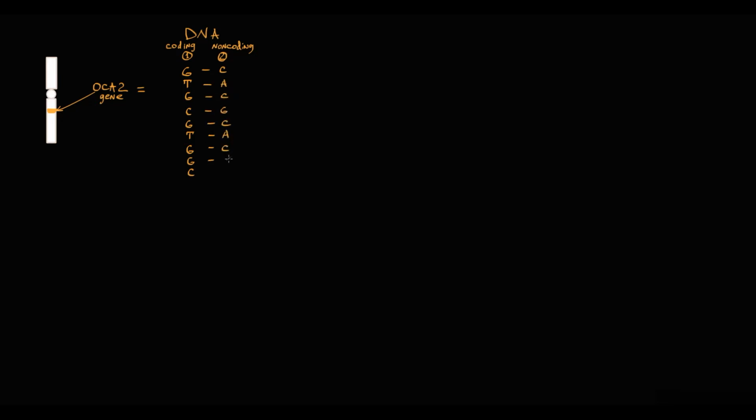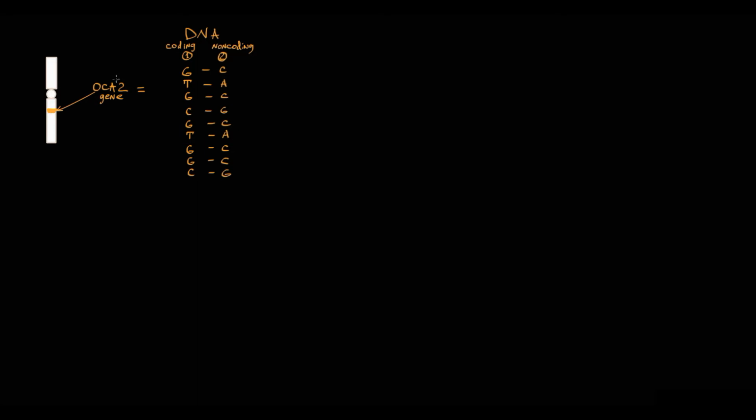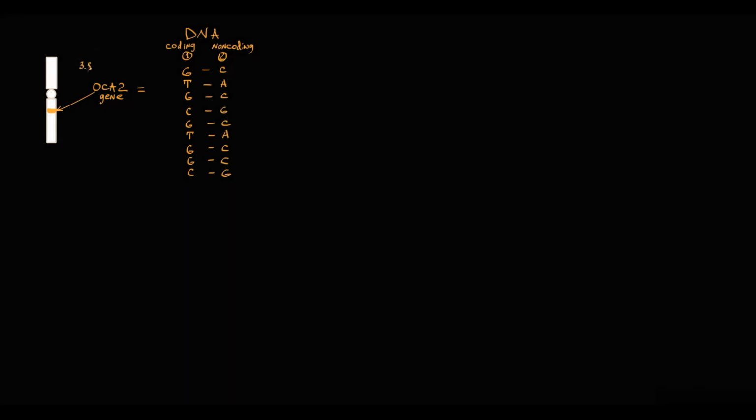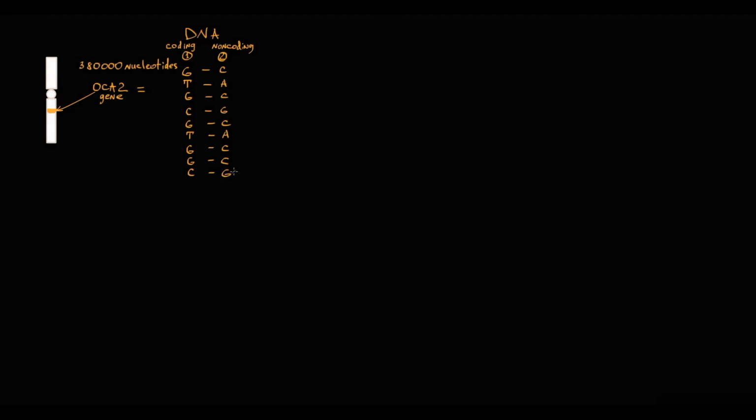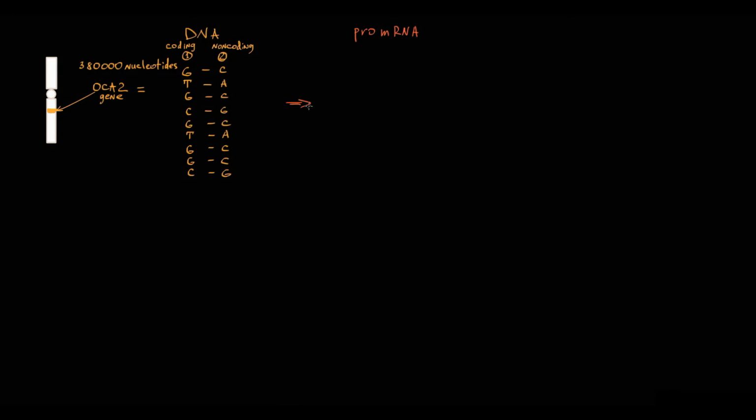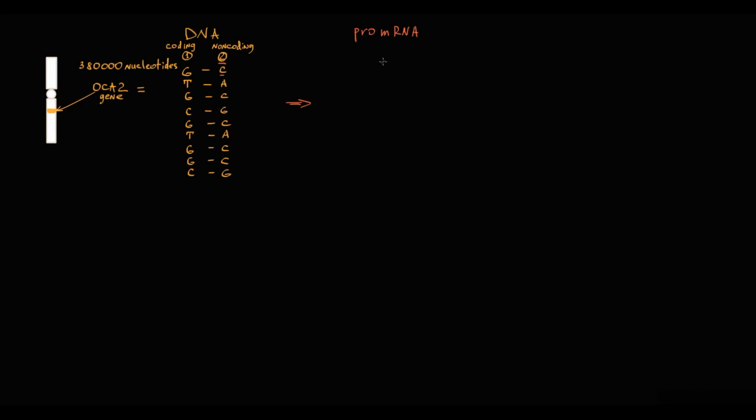So we have a small region of the OCA2 gene, because the whole OCA2 gene is composed of approximately 380,000 nucleotides in one DNA strand. And to use this information in the gene to make protein, information must be carried to ribosomes where proteins are made. So the DNA molecule for this purpose makes a copy of that gene in the form of a pre-messenger RNA molecule. This process is called transcription. To make the pre-messenger RNA molecule, RNA polymerase uses the non-coding strand of the DNA molecule, and in this process it uses nucleotides complementary to this strand, with the only exception that thymine is replaced by uracil.